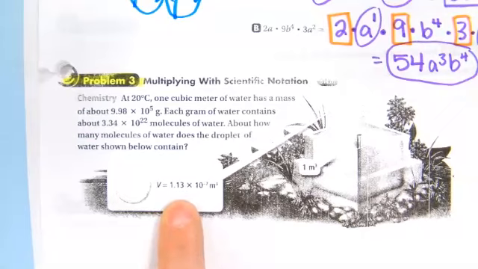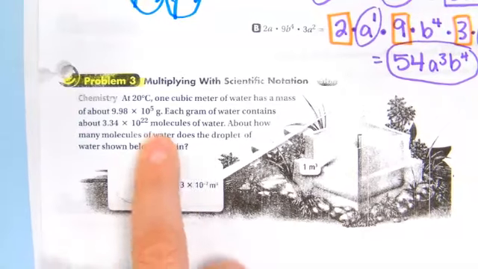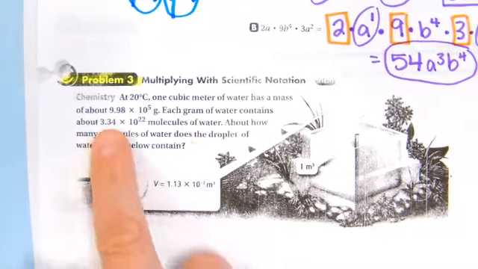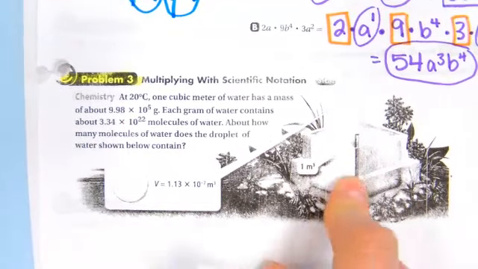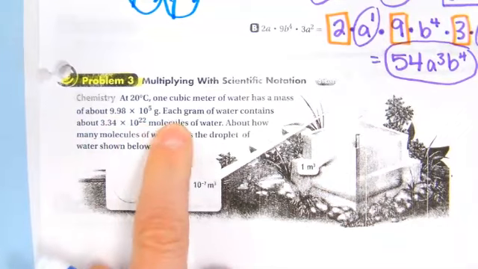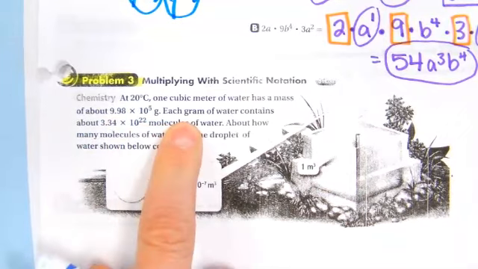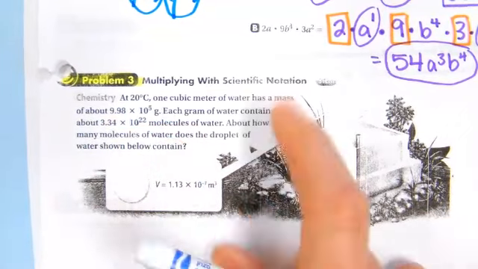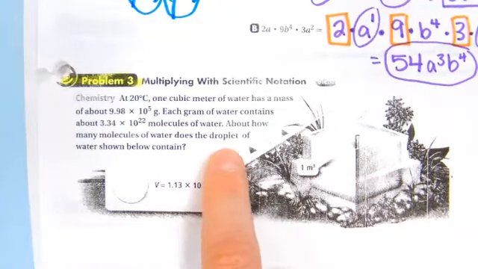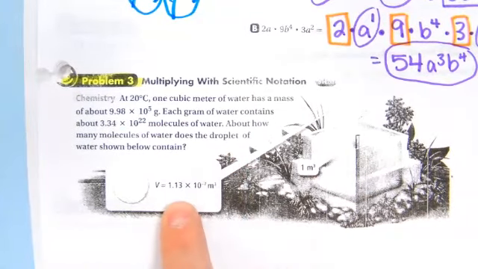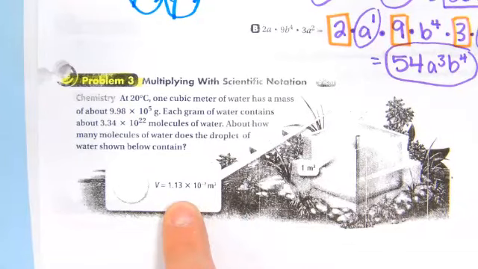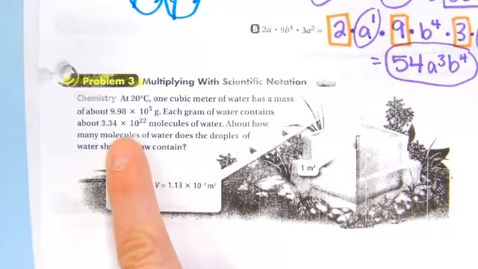So there's the volume of the droplet, right? Okay, so what do we have to do here? This whole cube has this many grams. Every gram has this many molecules. And then this droplet, how many molecules does this droplet contain? What do you think we're going to have to do here? You have to times the 9.98 by the 3.34, and then you get